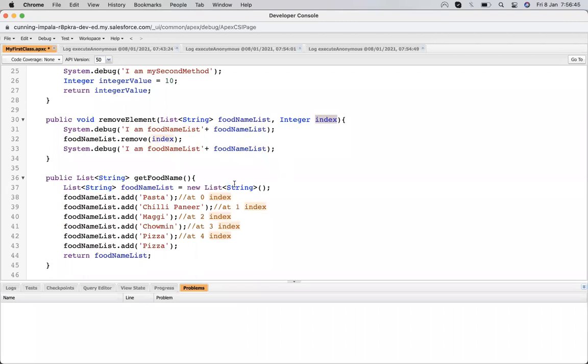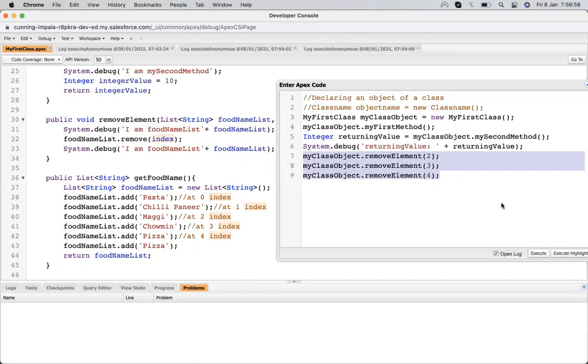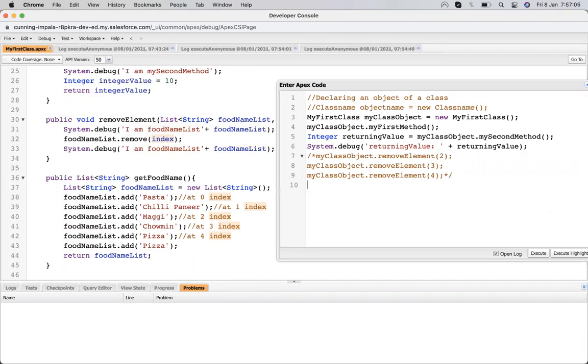Okay, so that's the issue, and this is the way I'm going to work. Now for processing it, let me remove this first, and let's store this value first.